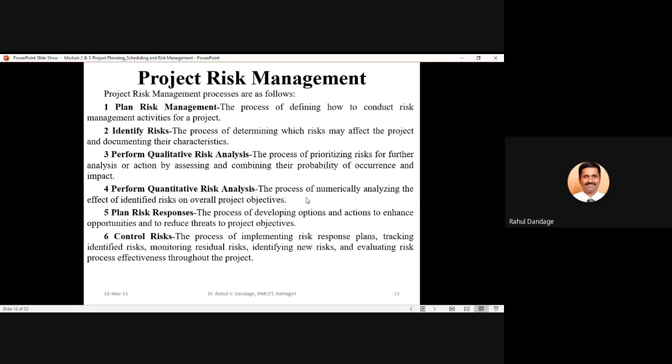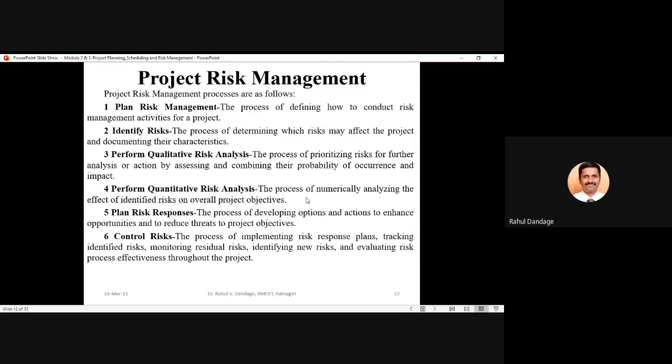It is based upon the data available from previous projects, the judgments of your senior management, the opinions of your experts in your project, and the experiences of those higher level authorities, who will decide the probability of occurrence and impact for those particular risks. And using these, qualitatively we can prioritize your risk categories.